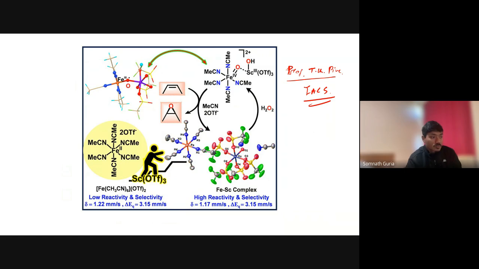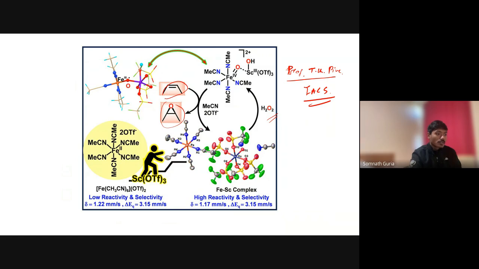They try to make this complex, and this oxo species wants to transfer into an olefin group, that is the alkene over here, to make this peroxo system. Okay, in which it has been done by this hydrogen peroxide. Okay, they want to find this